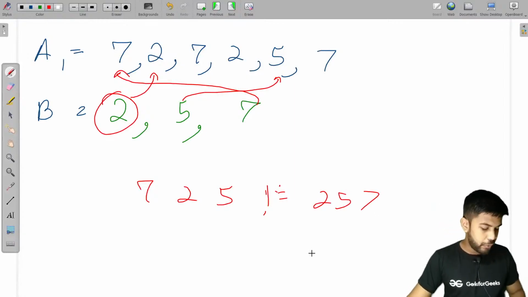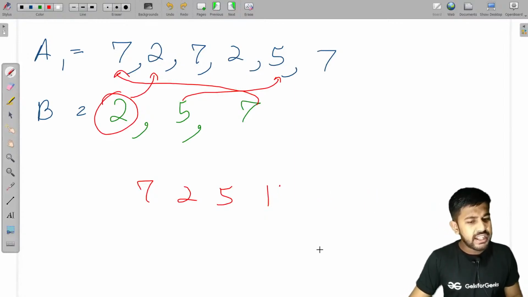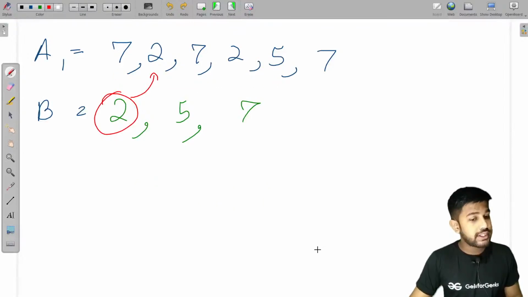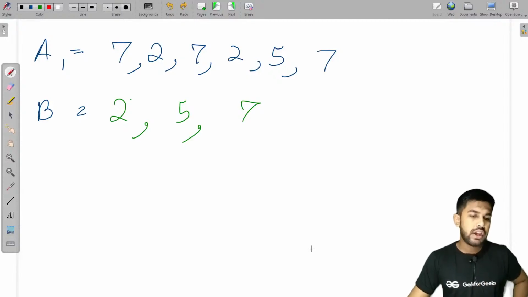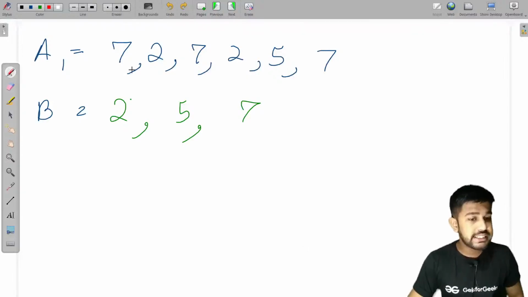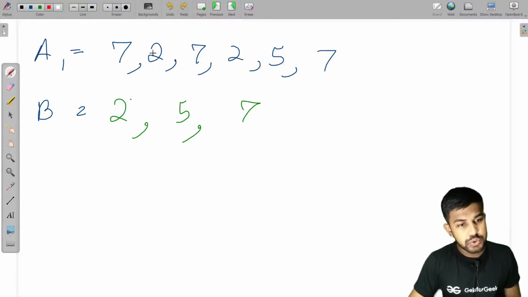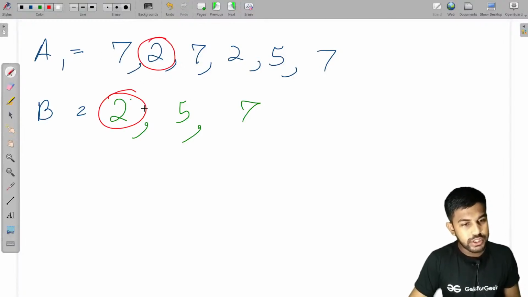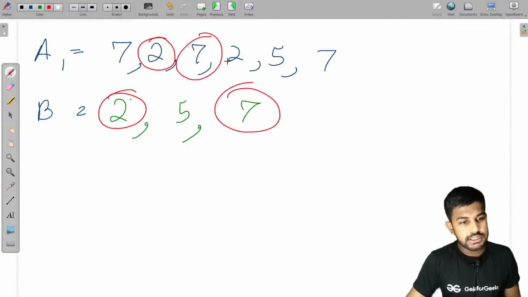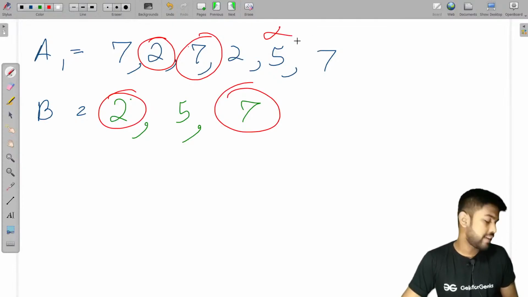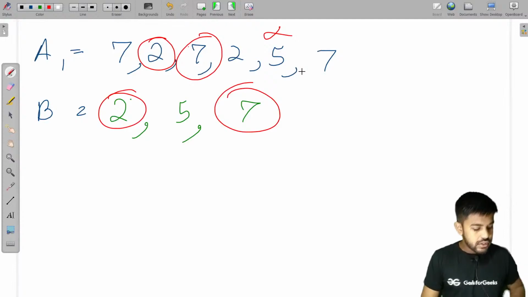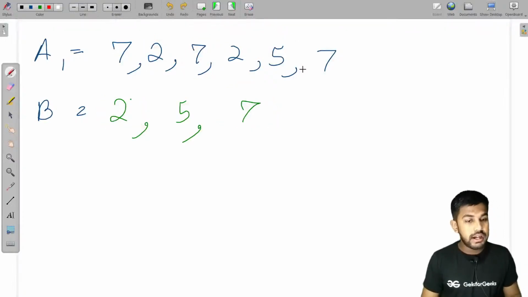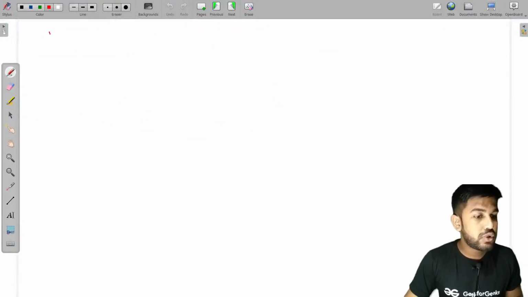Yeah, Siddharth, true. What would we do? The other way is to find the first index. Siddharth, let us try to find the first index. If we find the first index of 2, we would load this 2, load this 2. Then we have suppose 7, so we would load this 7, and this 7. Again we have 5, and this is ruining our answer. So this can't be solved like this. So now we would be learning a way to